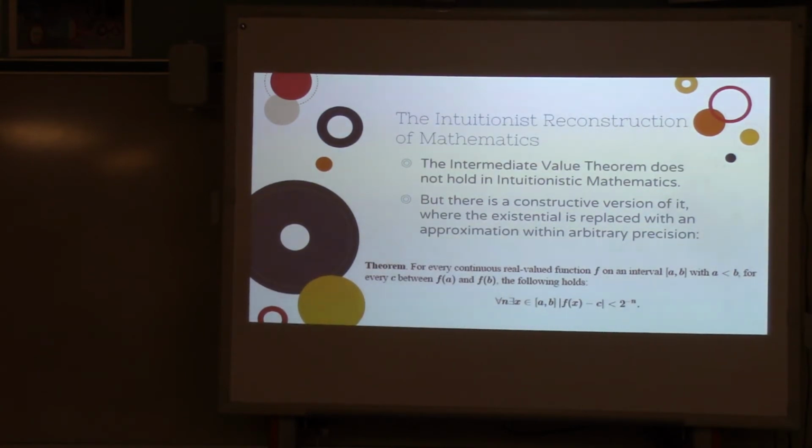The intermediate value theorem is, philosophically, invalid for the intuitionists, and so they have to replace it with a more complicated, weaker form, which doesn't assert the existence of an exact real number, but says it can be as close as you want, or something like that. Okay,